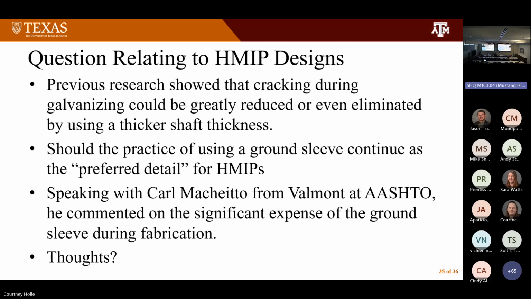Part of the problem, when we looked at a little bit of this, I think on the TxDOT side they were a little bit frustrated because we kept on saying we needed more research on this, we need more research on this. And it got to the point where they said, nah, we're just going to use ground sleeves and everything, just stop doing the research. And when you look at this, it's not a real surprise that this is a complicated problem. This is about as lacking in redundancy as a structure can be. It's a flagpole. There's one connection, so you can see it, but it is a critical connection.